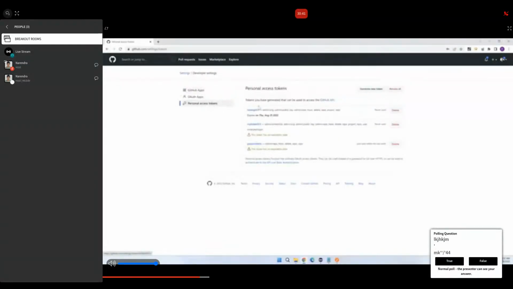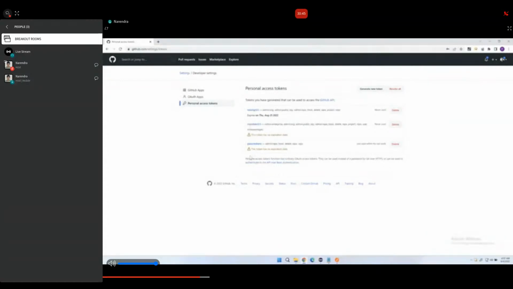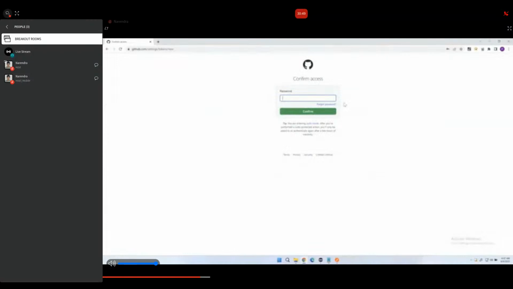Right? So these are the tokens which I already created earlier, so now I am using them. If you want to generate a new token, you can just click on generate a new token, and you need to authenticate again. Once you provide a password, it creates a new token. And also you need to give some